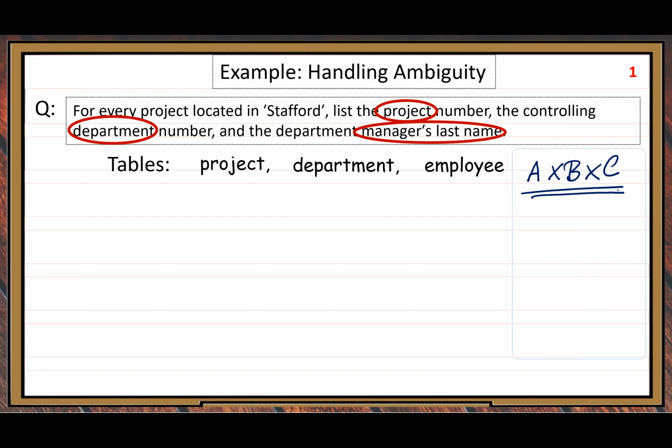Let me specify another time. For example, table A, we use this expression, a list of A elements. Table B, a list of B elements. Table C, a list of C elements. Then the Cartesian product,